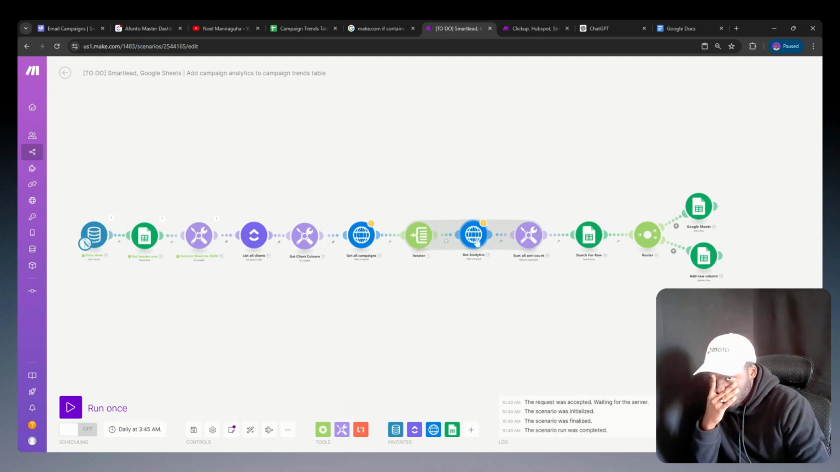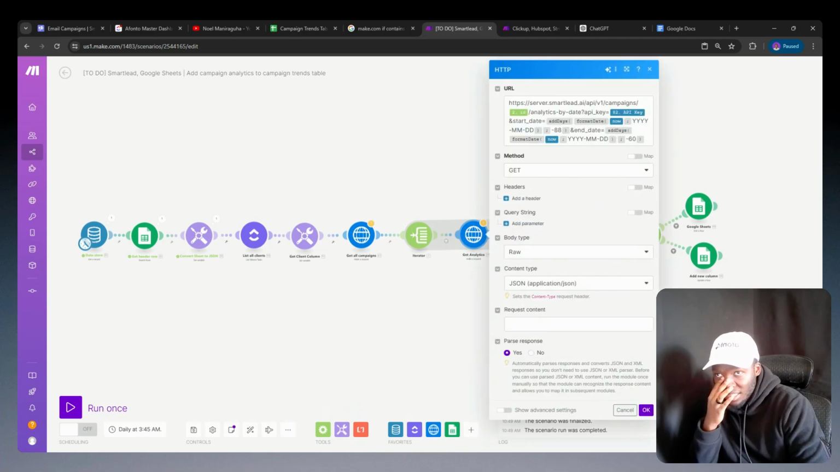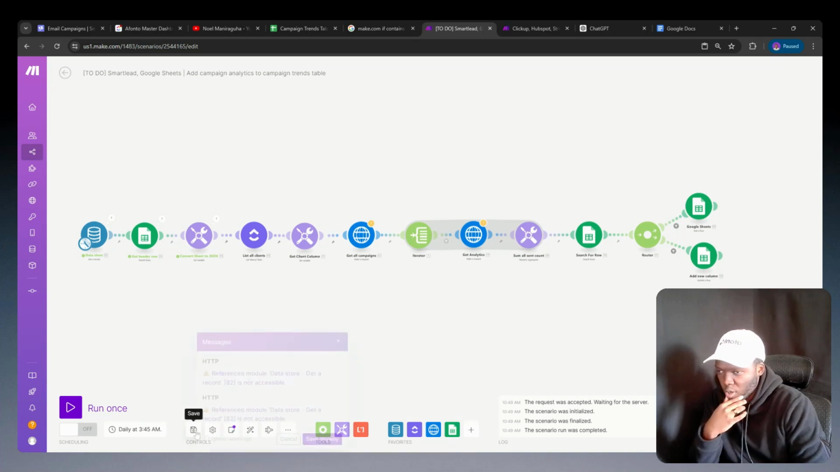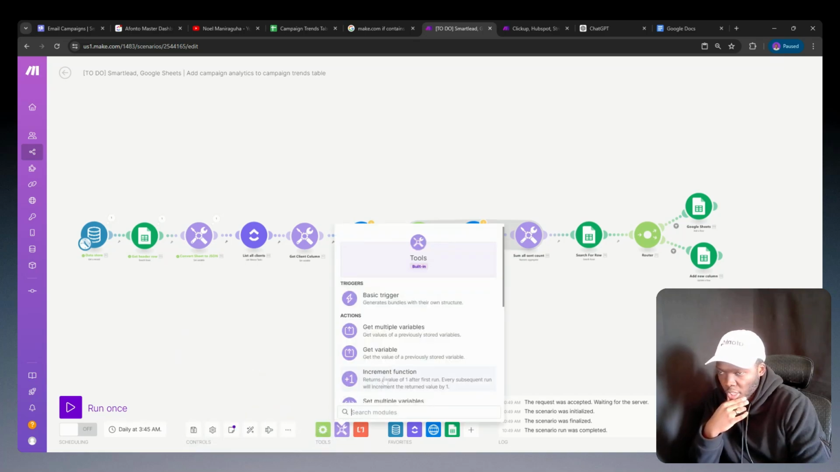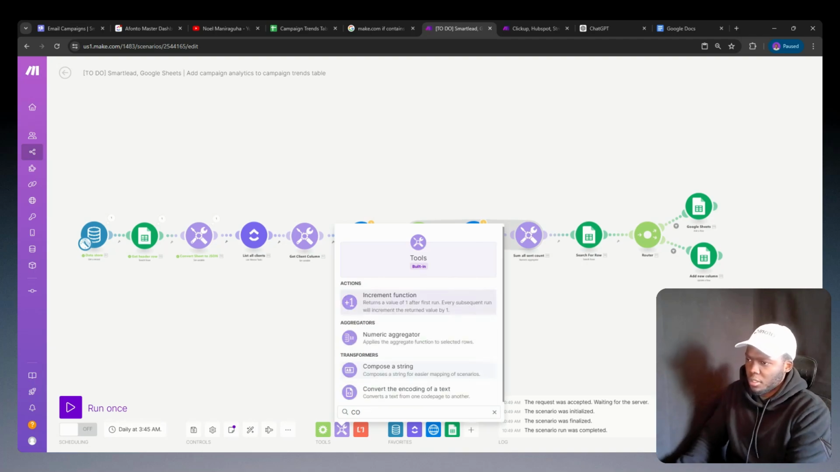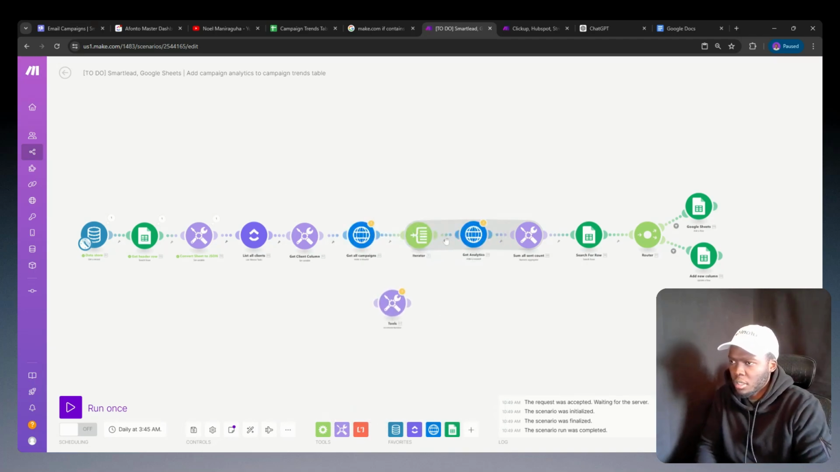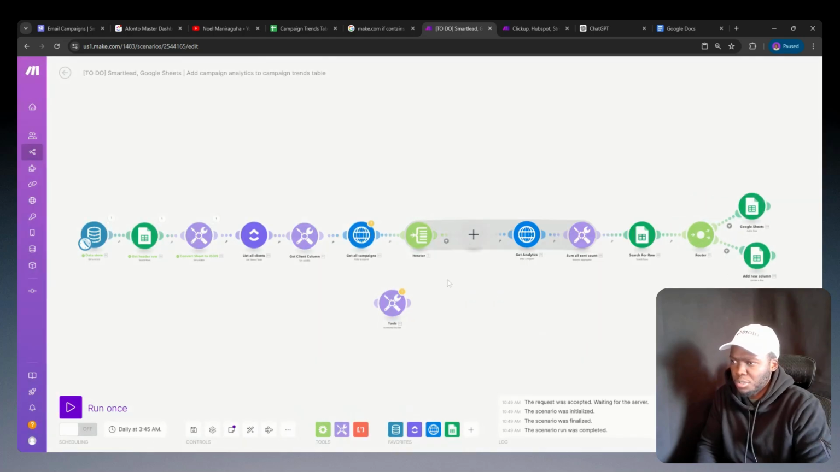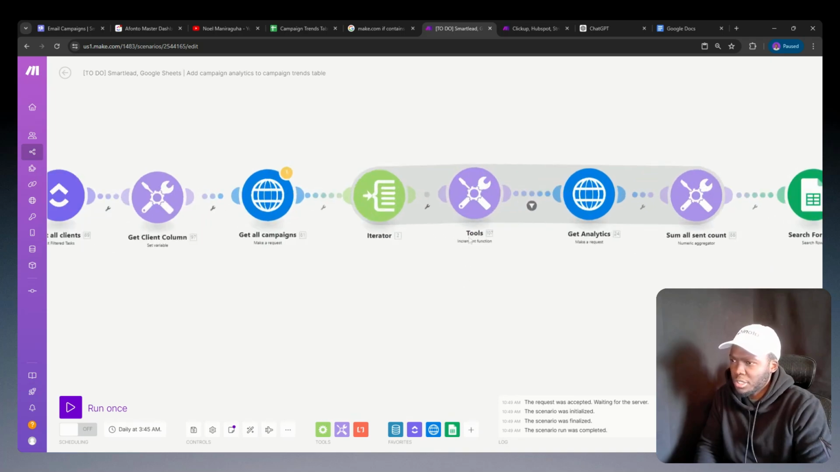How to visualize the data. Okay, so over here, this is getting the analytics for the past 88 days. So for testing purposes, we're going to add a tool here, called count, an increment function. And then we're going to add that module over here. And so this increment function, the moment we go through a campaign,